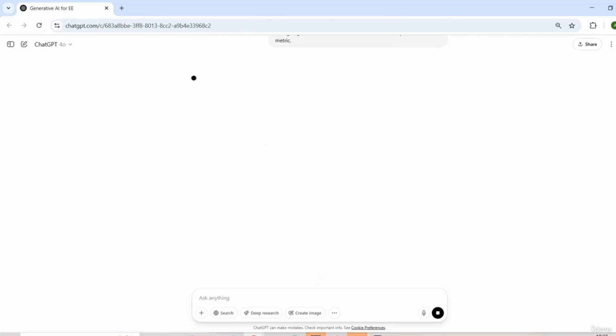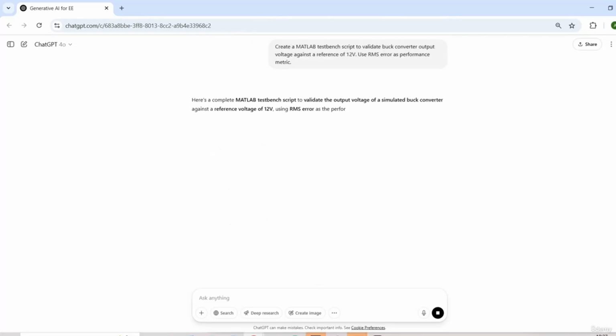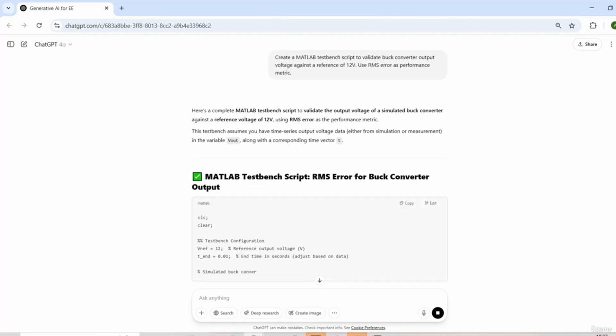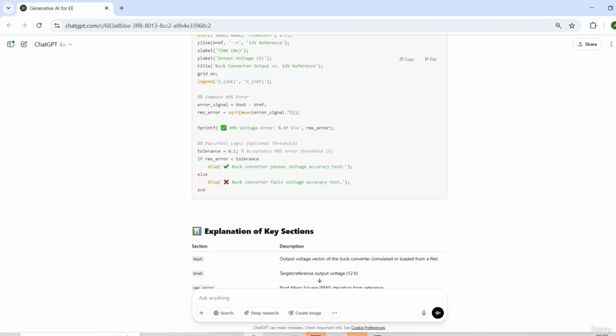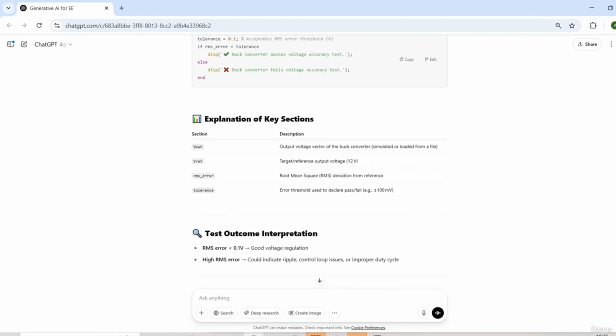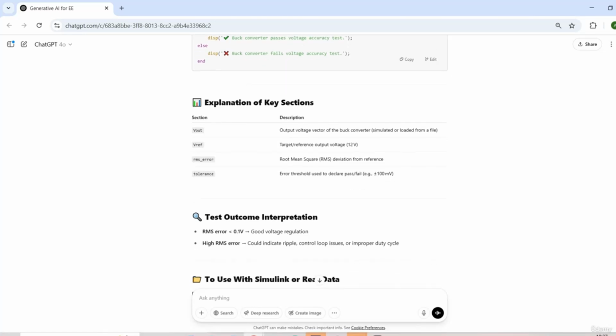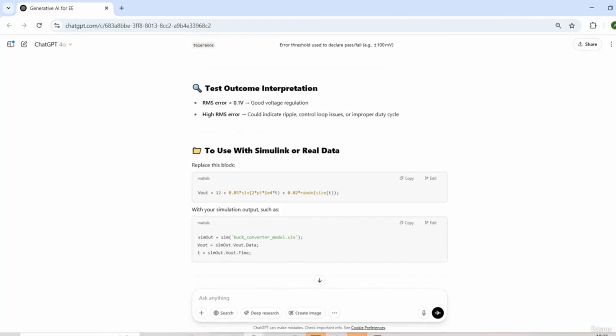Finally, we'll auto generate test bench code for validating the buck converter performance. The AI built a complete validation pipeline that could be run post simulation, excellent for automating testing in model based design. This lecture demonstrated how generative AI can eliminate MATLAB/Simulink entry barriers by turning text into simulation ready